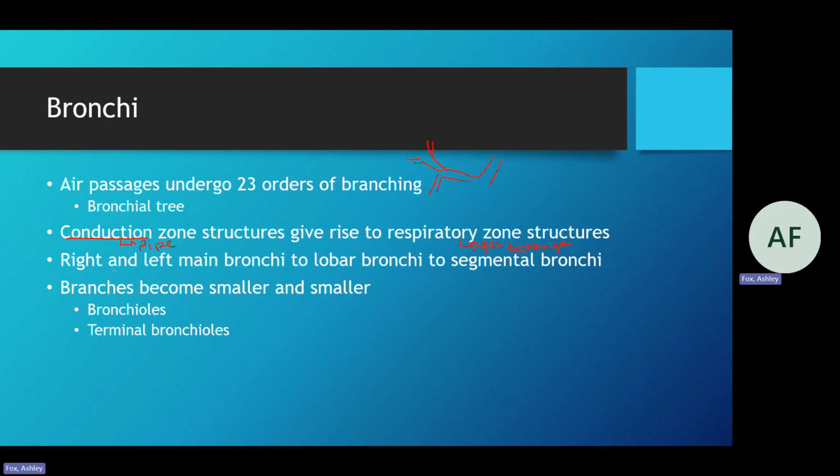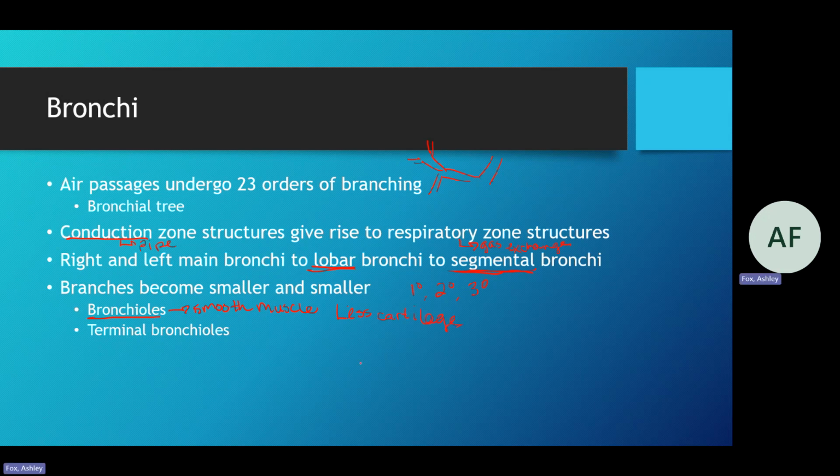Part of the branching you'll learn is right and left main bronchi to lobar bronchi and segmental bronchi. Again, we'll learn more about that in lab. Sometimes you can see it as primary, secondary, and tertiary bronchi as well. So we get smaller and smaller until we get to bronchioles. And bronchioles are actually going to have smooth muscle involved with them. So there's less cartilage as we're getting smaller. There's still cartilage in the bronchi, but as we get smaller and smaller, there's less cartilage